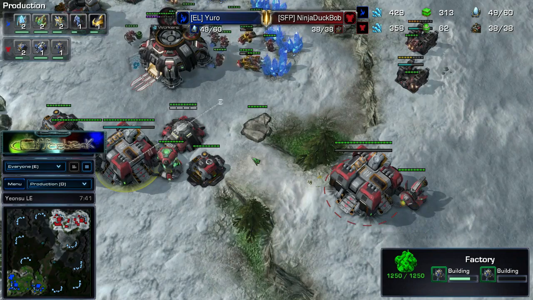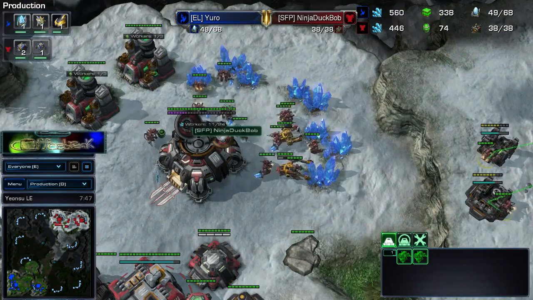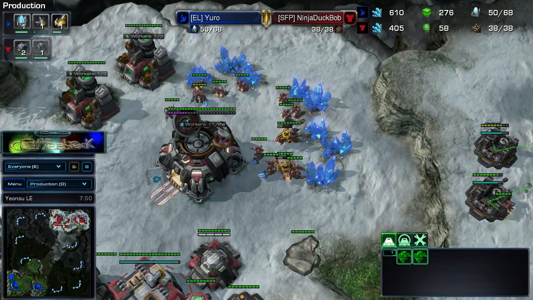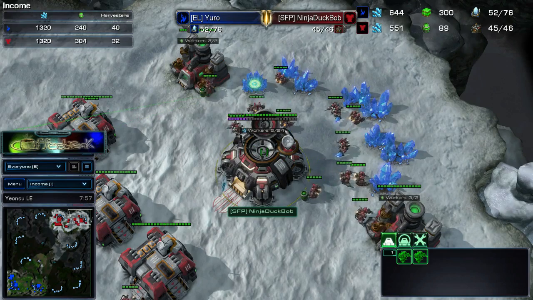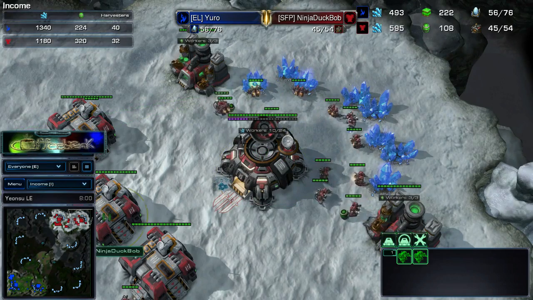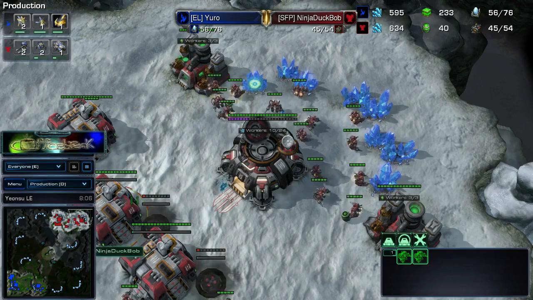Getting a little bit supply blocked over on NinjaDuckBob's side of things, unfortunately. And again, that's about a full supply depot's worth of time. So both players are just making little mistakes that you would expect to see down in Gold League. And I can't say anything. I'm in Gold myself, so I'm not ragging on these players so much as saying, yeah, I know that